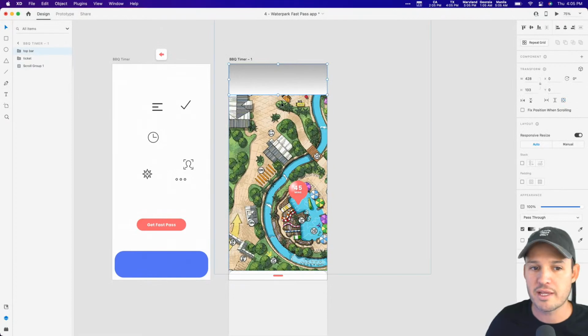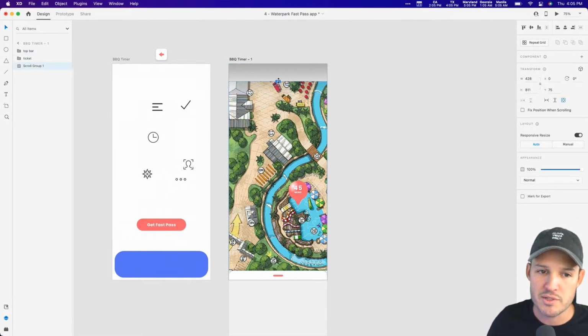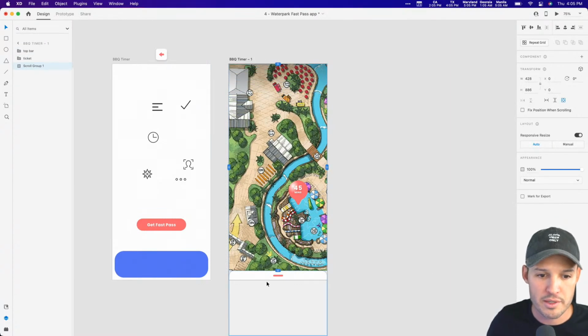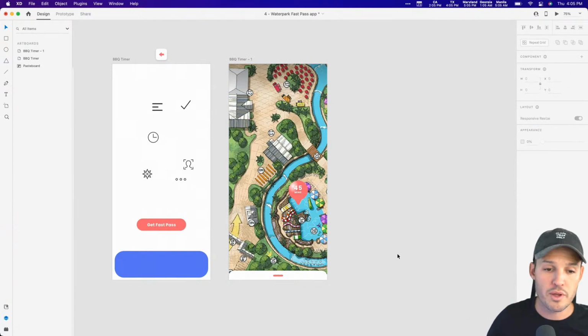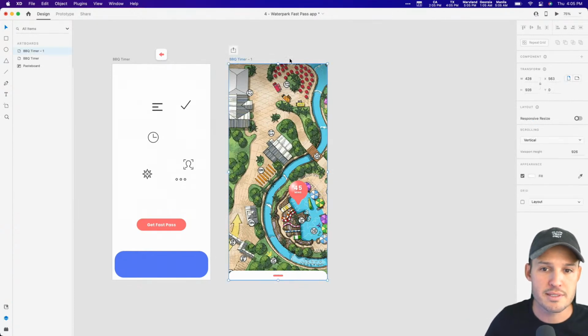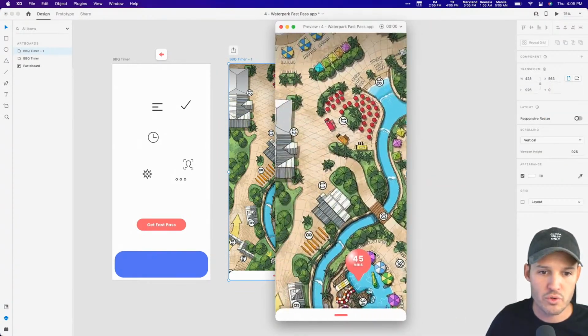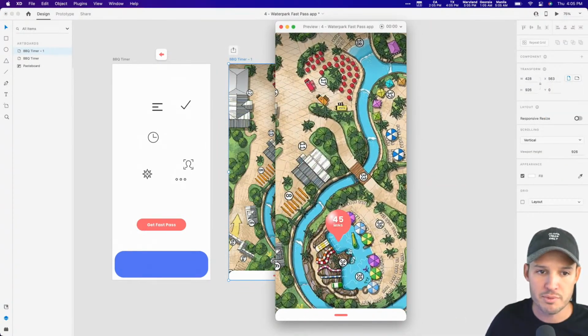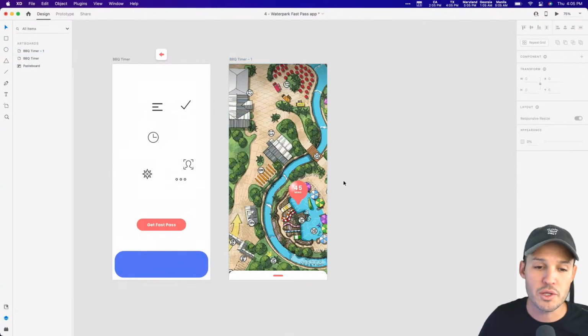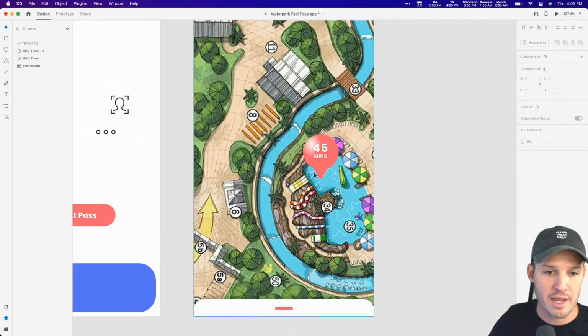But we do have a little bit of a light overlay in the top, and it was trying to be careful of that for us. But that's okay. We'll pull our map all the way to the top, and we'll pull it all the way to the bottom. That is our scrollable area, and our balloon is inside. So if we press play right now, we should be able to scroll around inside of our map and those balloons stay there. Now, I do think really quickly, we do want to add an active and inactive state,